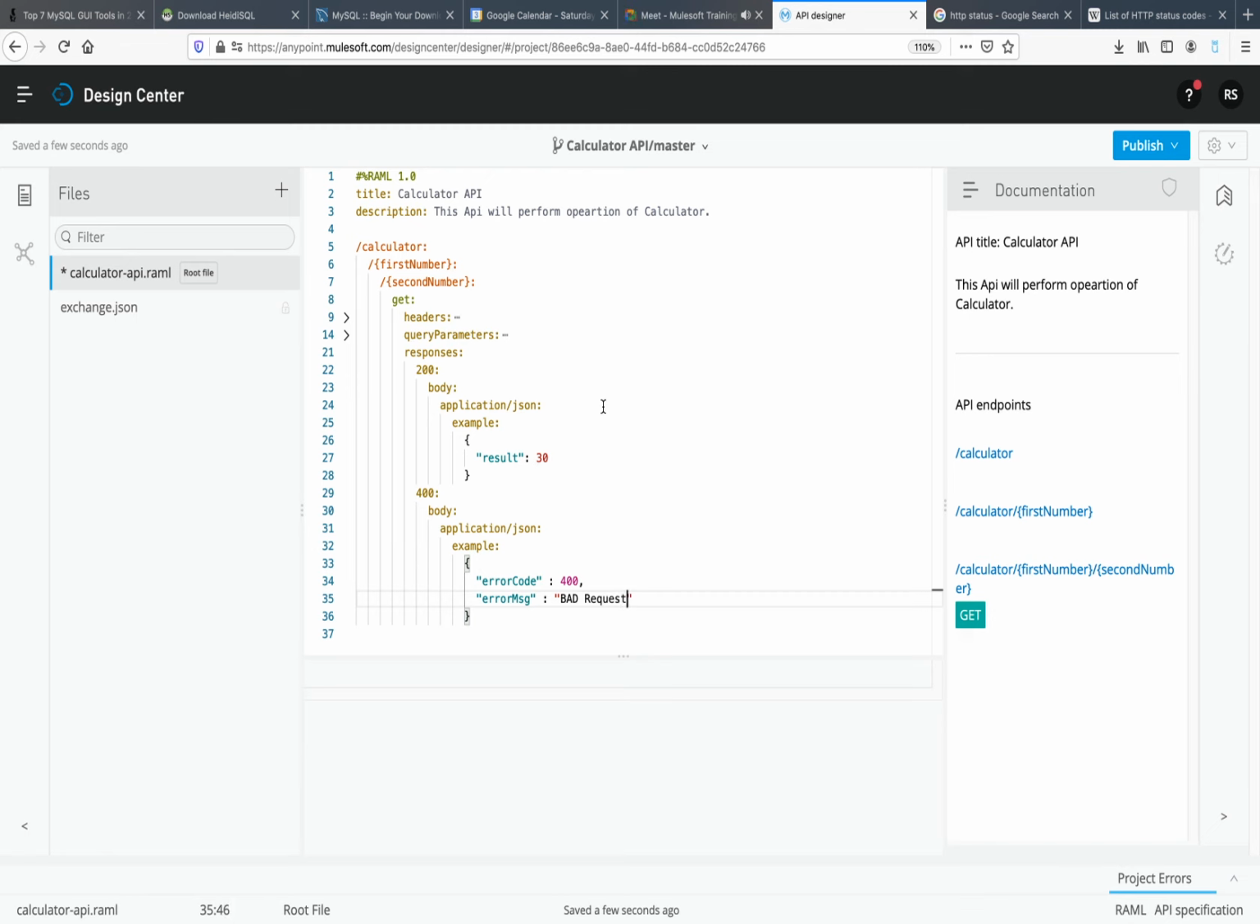Okay, now one thing we need to observe here: whatever things I am creating here, on the right side you can see the same details. So we have created one calculator resource. Inside this calculator resource we have one nested resource, first number, and again one nested resource, that is second number. So all the resources or URIs will come here,